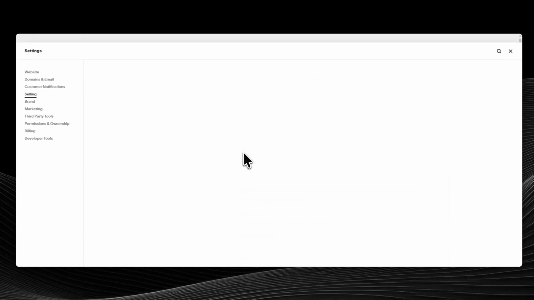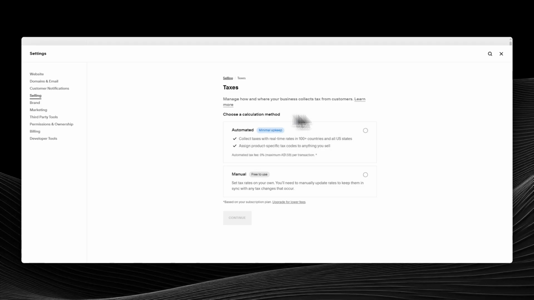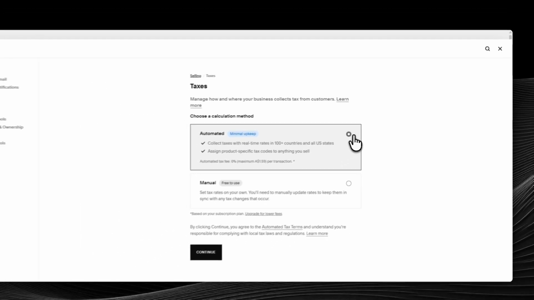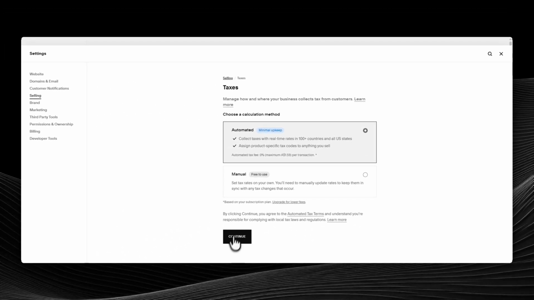Once you're in the selling area, go to Taxes. This is the section where Squarespace lets you manage how tax is charged on your products or services. When you arrive at the tax settings page, you'll usually see two main setup options: automated and manual. The option you choose will depend on how you want to handle tax collection and how much control you need